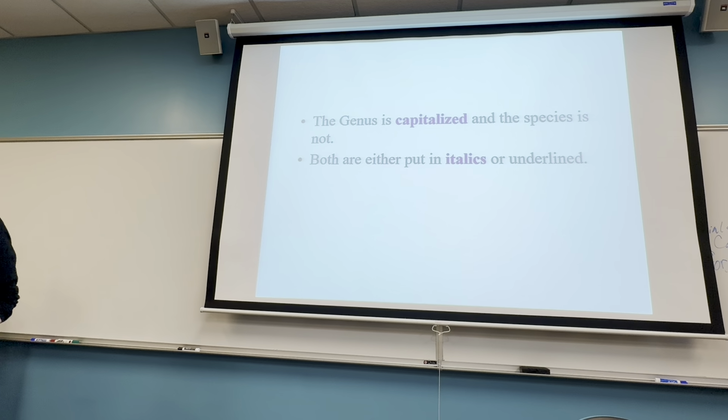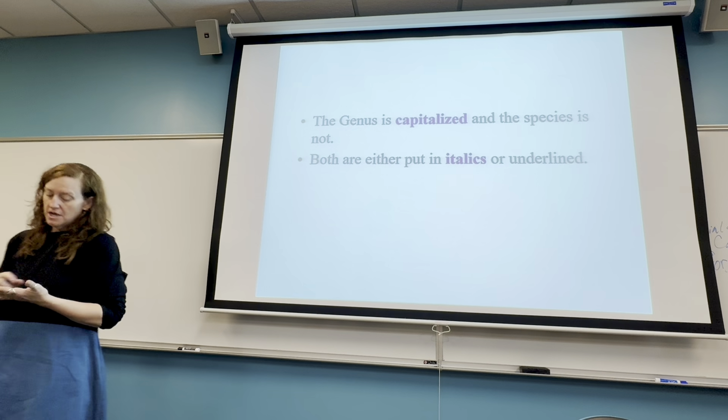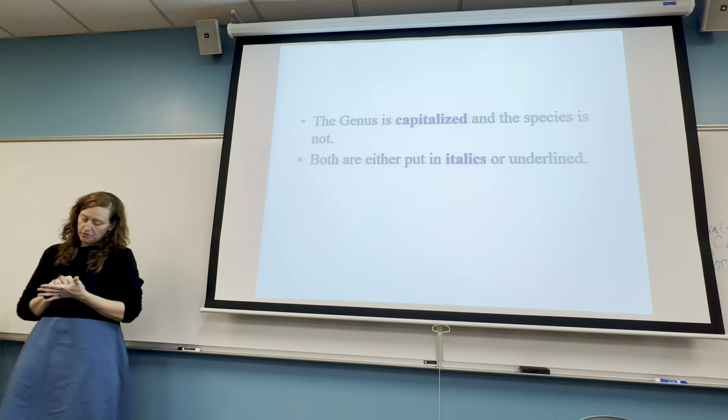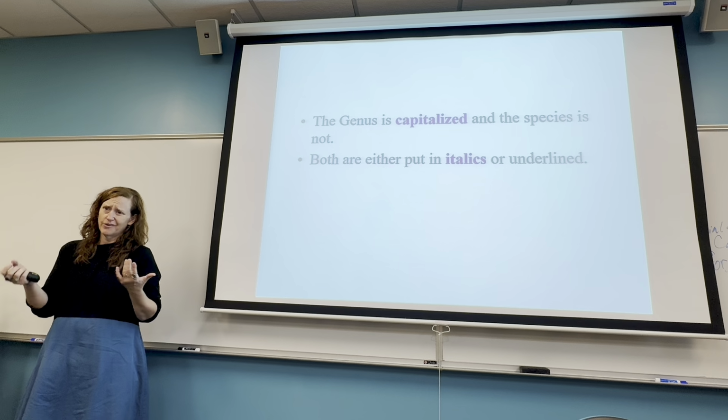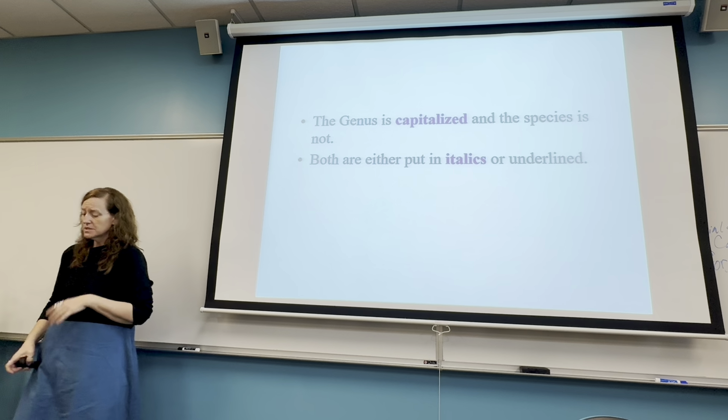So like when I was doing my research, I had a book, and then when I got on the boat, I would start writing out what I saw and behaviors and just notes about what I observed. And so then if I was writing out Cheilinus undulatus, because I don't really have the ability to write in italics, I would underline those scientific names.